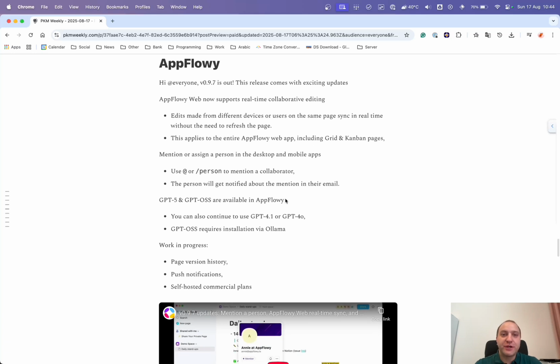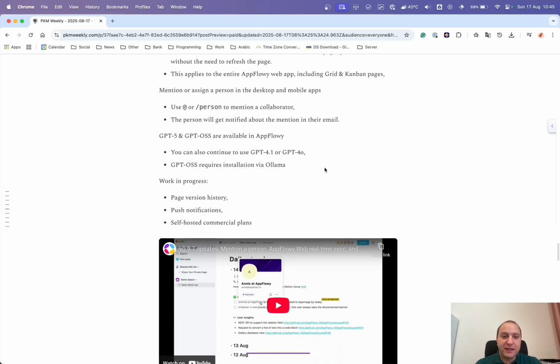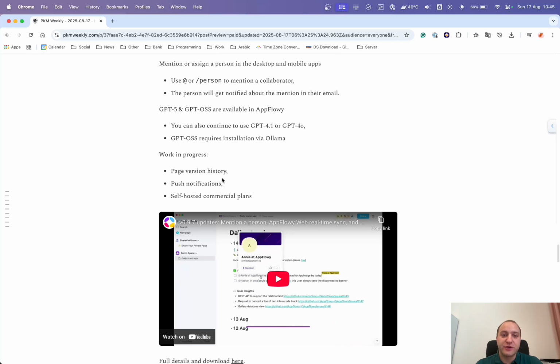AppFlowy, they've released 0.9.7. This includes a number of exciting updates. You can now use the web version for real-time collaboration and editing. This avoids having to download the app, so you can just use the online version. When you mention someone, it's going to mention a collaborator, and they'll get notified by email. They've introduced GPT-5 and GPT-OSS. They're now available within AppFlowy, and what they are working on is page version history, push notifications, and self-hosted commercial